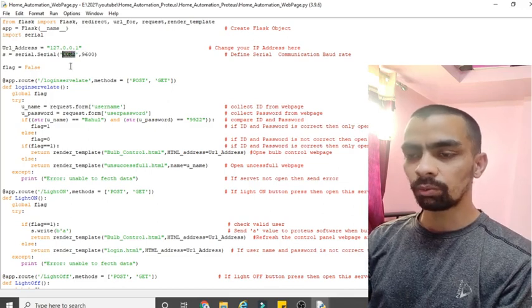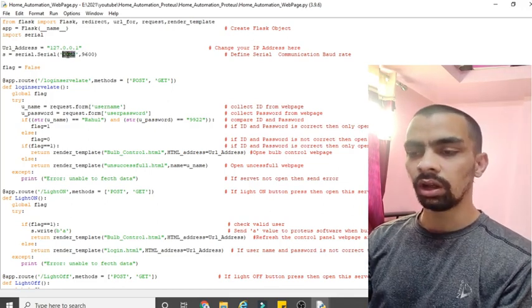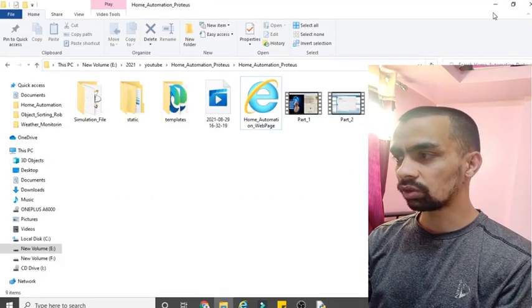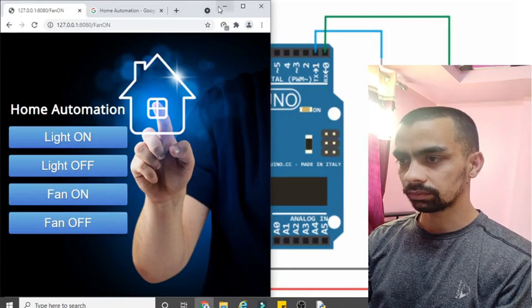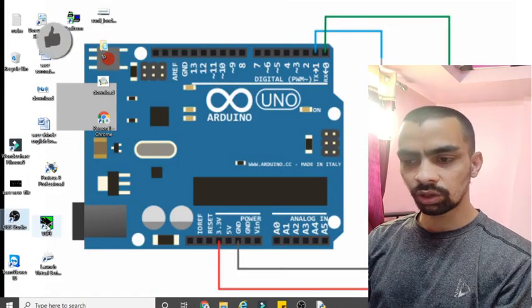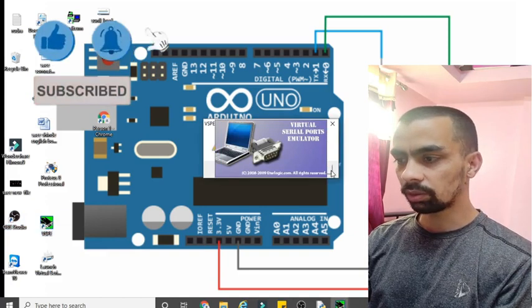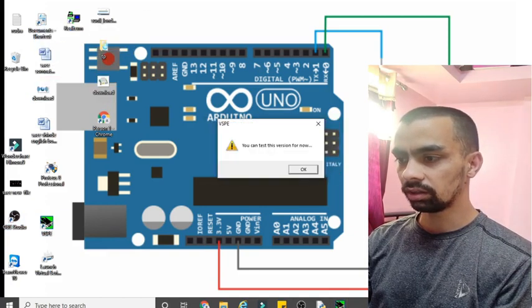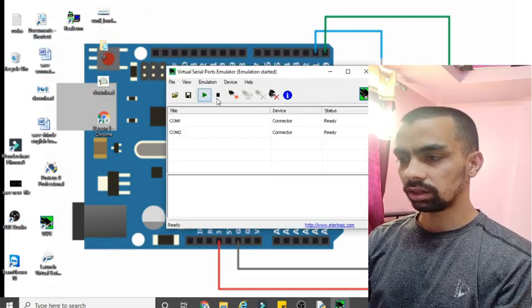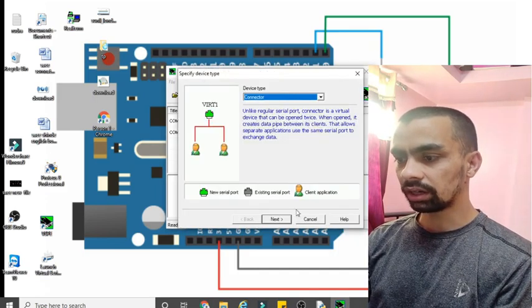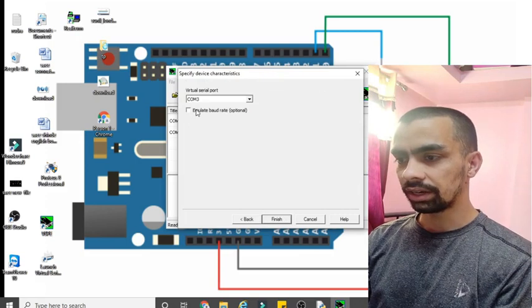So what is meant by COM2? COM2 is nothing but the virtual port. How to create the virtual port? You require one software. I will open that software here. To create the virtual port, you require this VSP software. So double click on this software, click on OK, and just go to the device, click on create, and go to the connector, click on next, create emulator, and